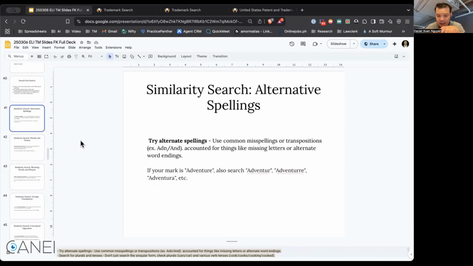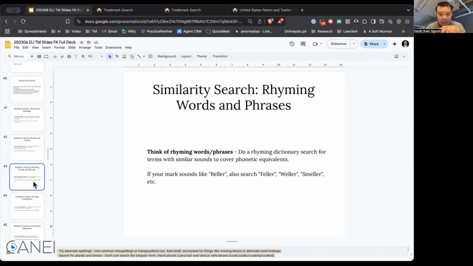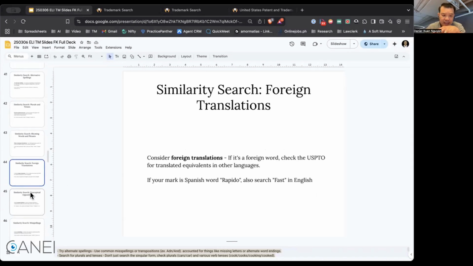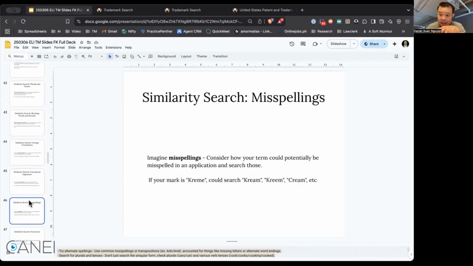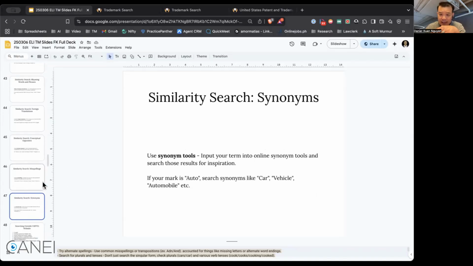So: alternative spellings, tenses and plurals, rhyming words and phrases, foreign translations, conceptual opposites, and synonyms. Those are things you should be searching to see if there are any conflicts for your trademark.